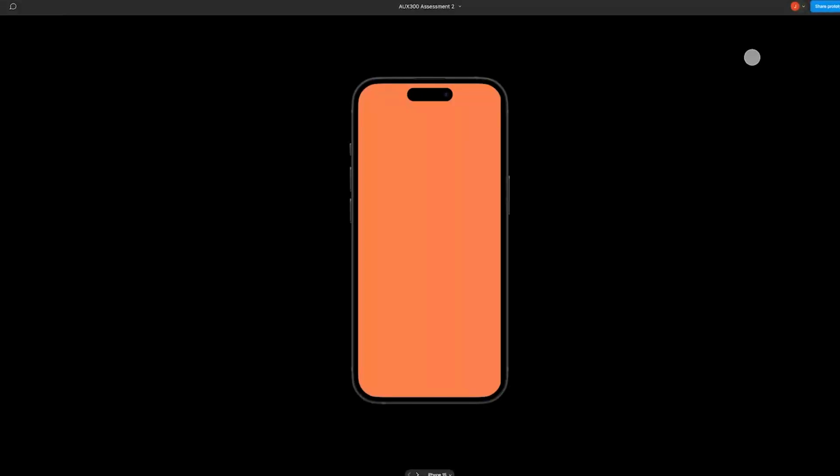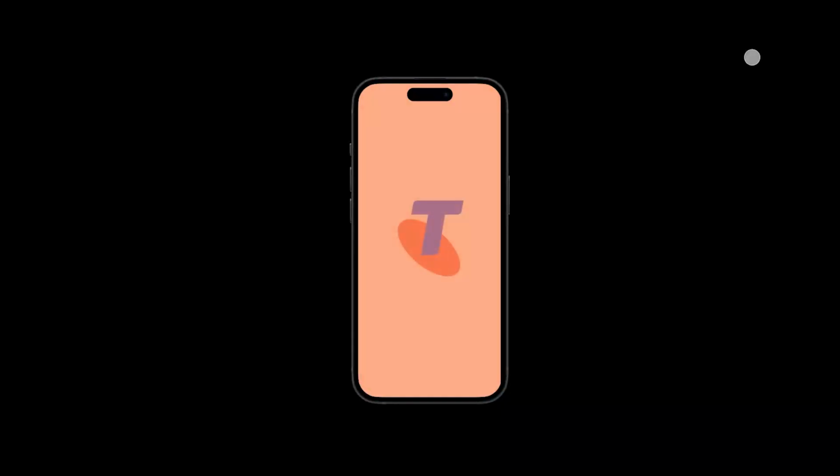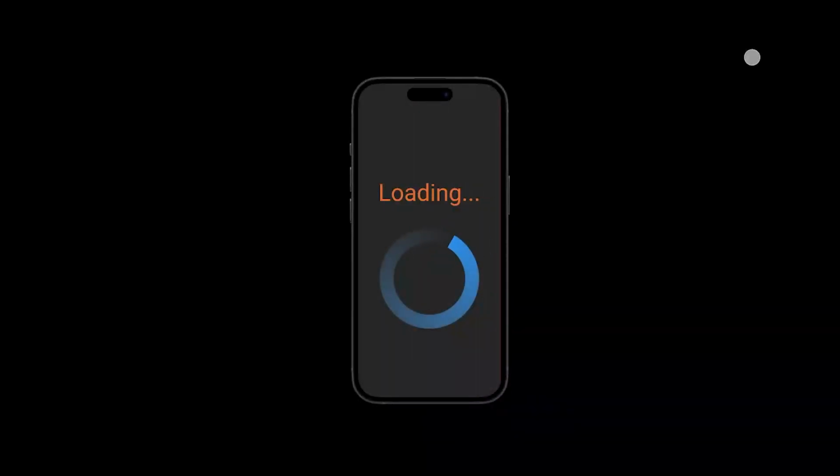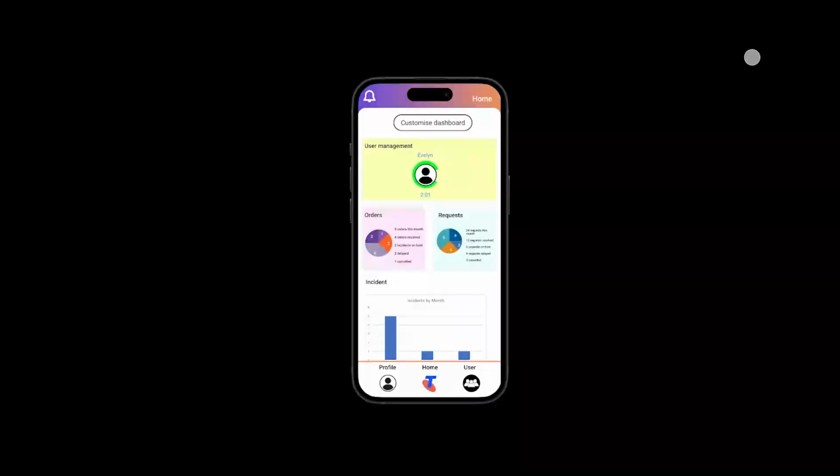It'll take a bit to load, like I said. See it loading here. Yep, there we go. So for the home screen, I've made several improvements from feedback, and one of the most